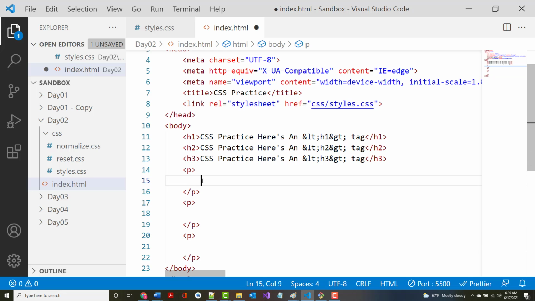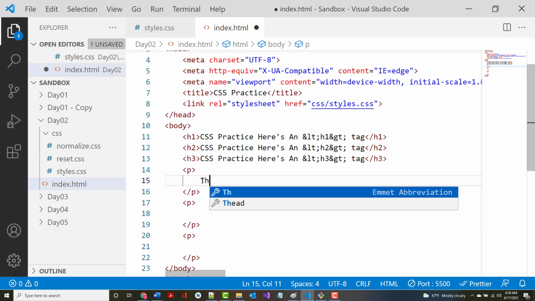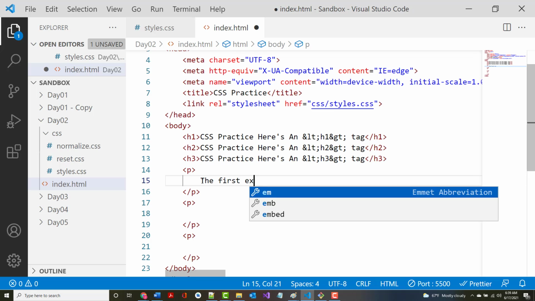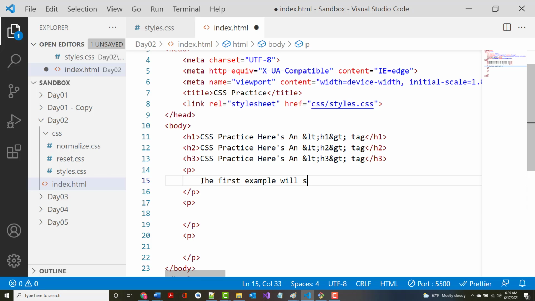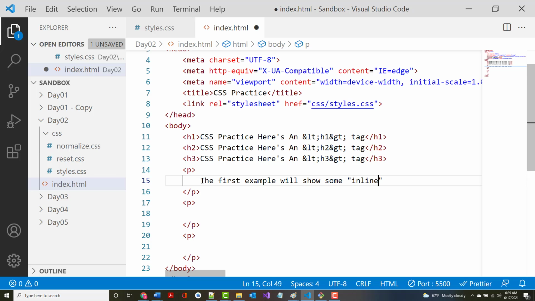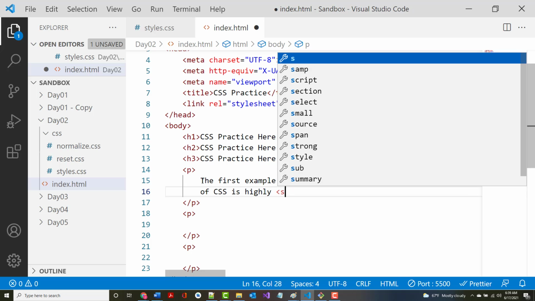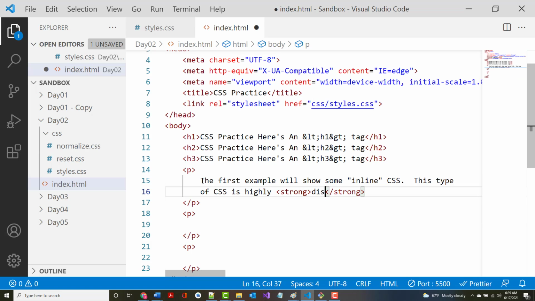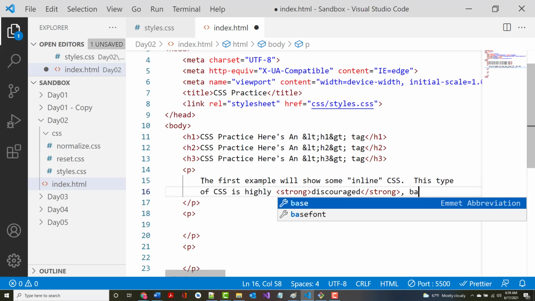So I'm going to say here, the first example will show some inline CSS. This type of CSS is highly discouraged because